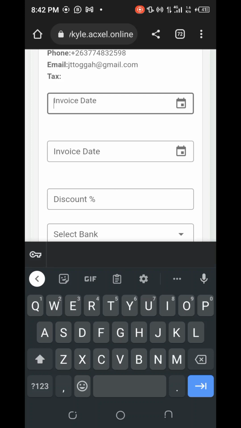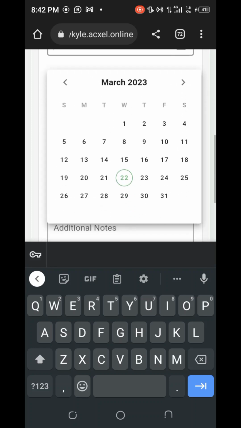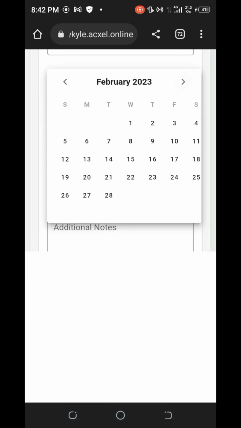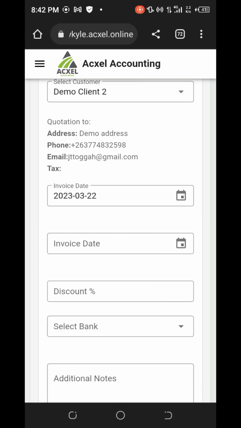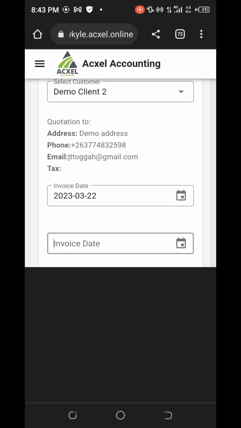where it asks you for the date. So by default, our system will display the current date. That's the one that will be highlighted. So we're just going to use that since today is the 22nd of March. Let's select that. And then we are moving on to the invoice date, and then we're just going to select